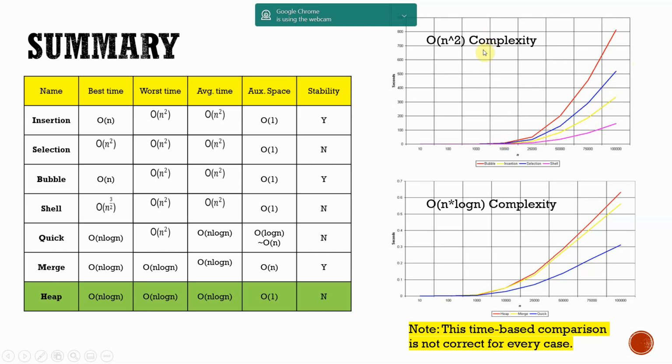But because we ignored the coefficients and the least significant terms, they're not going to have exact time answers. Some of them are going to be faster than the others. The same thing applies to heap sort, merge sort, and quick sort. All of them have the same time complexity, but that doesn't mean they're going to give us the sorted array in the same time. That's all for this